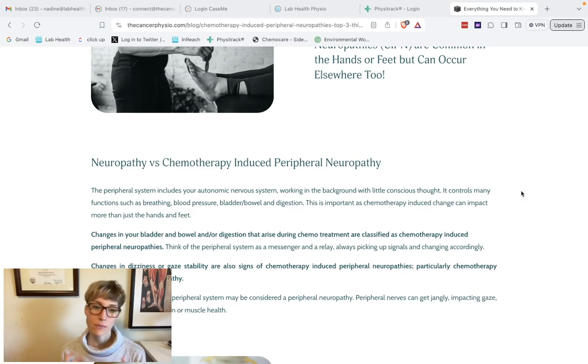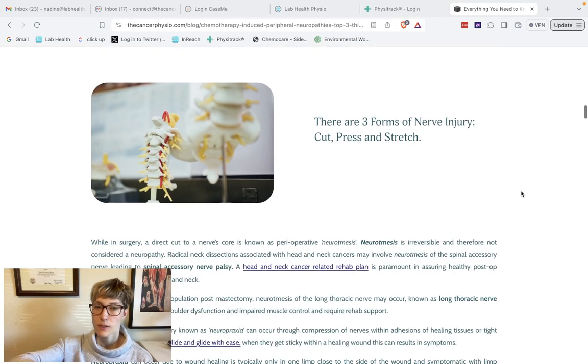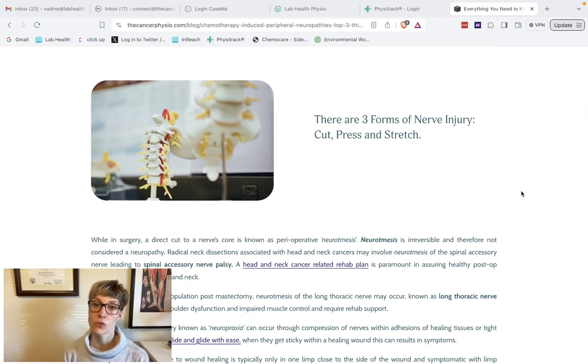So if any of these symptoms of tingling in the hands and feet, dizziness, or bowel upset are occurring during chemotherapy, it's probably worth getting an assessment. And this blog also helps you understand tools to make decisions around that as to when to notify your medical oncologist. This blog also goes into detail to describe the anatomy of the nervous system,